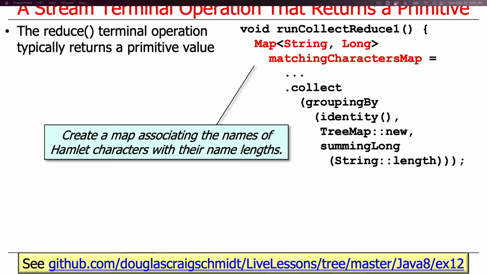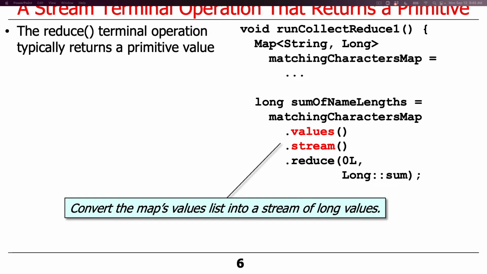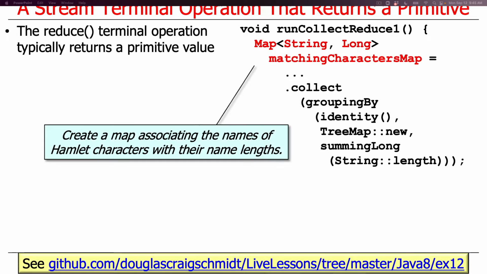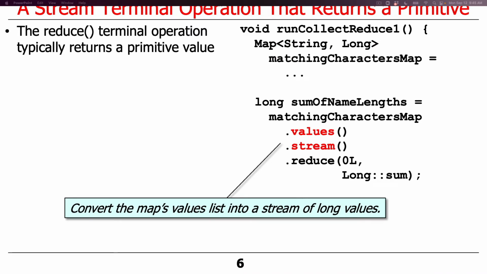So here's a simple example where we're going to end up with a map of names to the length of the names. We've seen this example before, so that's no surprise. And then here we're going to use that map in order to sum the length of the names of characters in Hamlet. It's a little bit contrived, but it helps to keep things going in a consistent way. So what we're going to do is take that map and convert the map's values